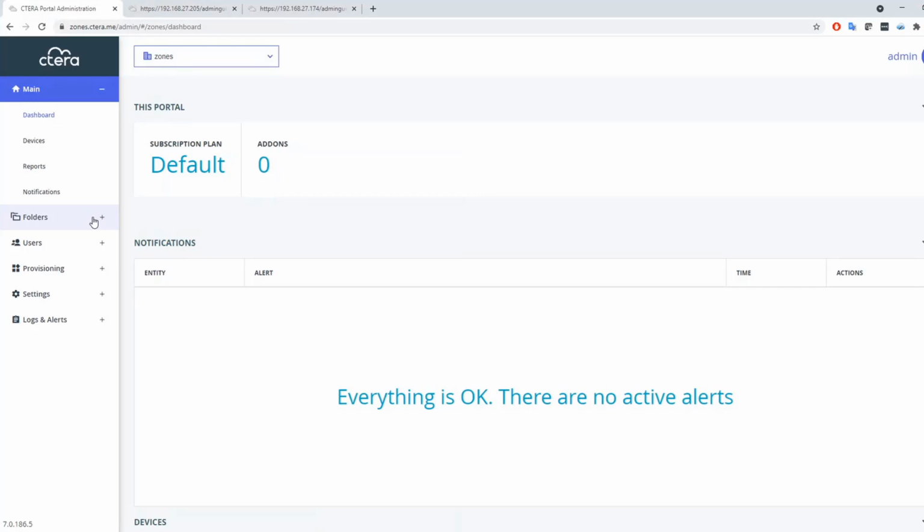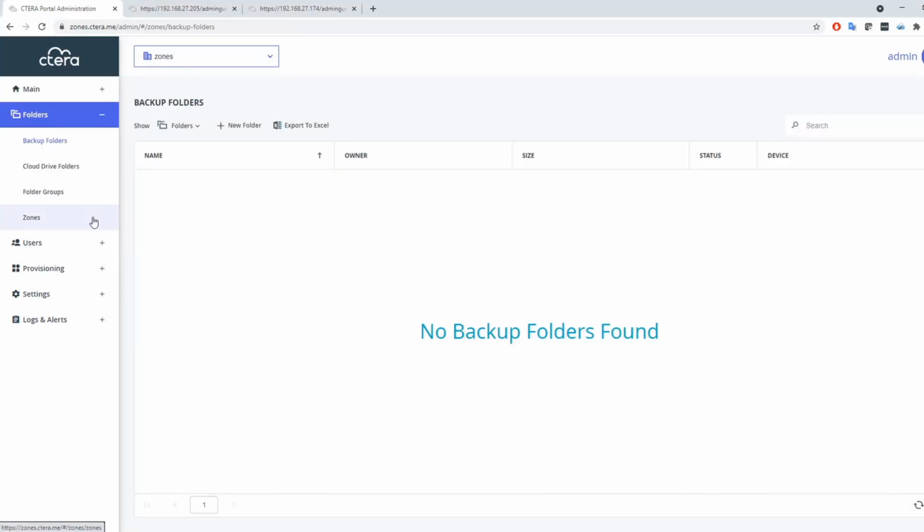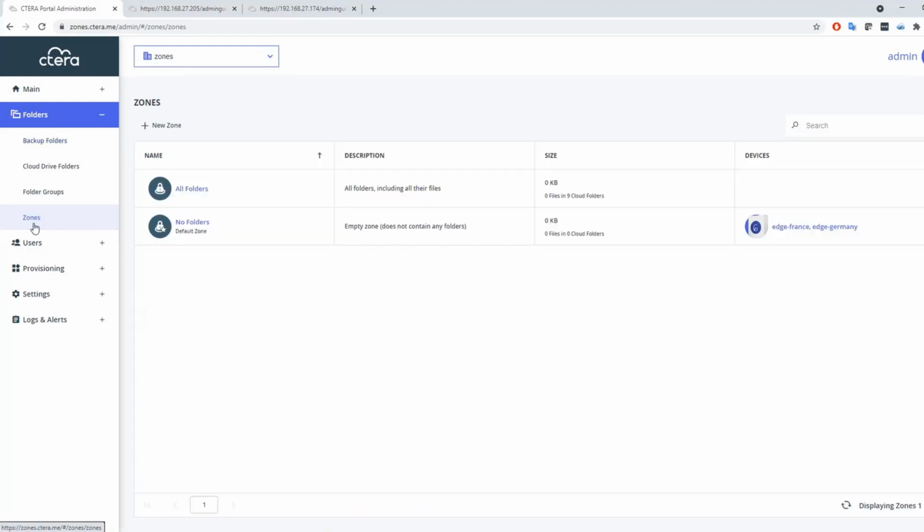First, we'll look at the CTERA Portal Administration Console for the Team Virtual Portal we want to define zones for. In order to define and access zones, we'll select the Folders tab and then the Zones section. Zones are defined at the Team Portal level for edge filers connected to this portal. Once defined, the edge filer has no access to any folder in the portal that is not defined as belonging